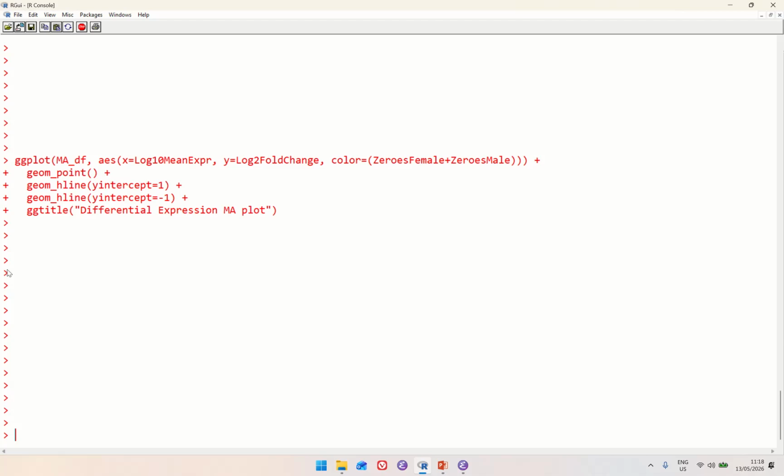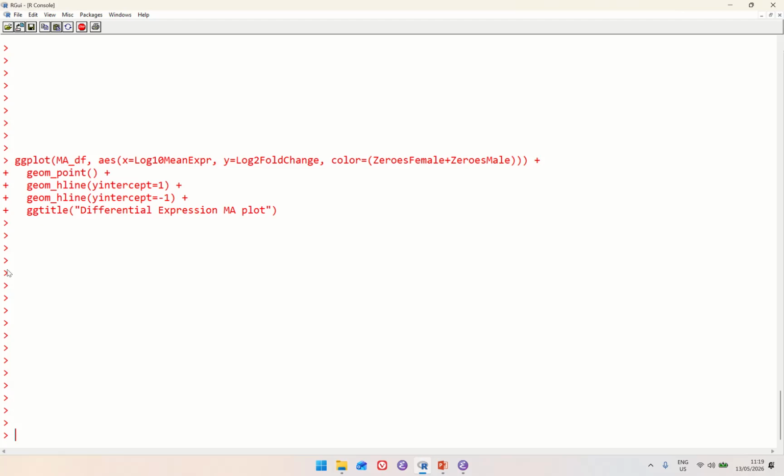Okay, this is important. All right, we have a series of geoms that are going to show up here. These include the data points themselves, which are being represented as points. We have 2 horizontal lines that we're going to draw in here. These are different layers that get added onto the image. And of course we have the input data, and we have the aesthetic. The aesthetic is to say, on the x-axis,